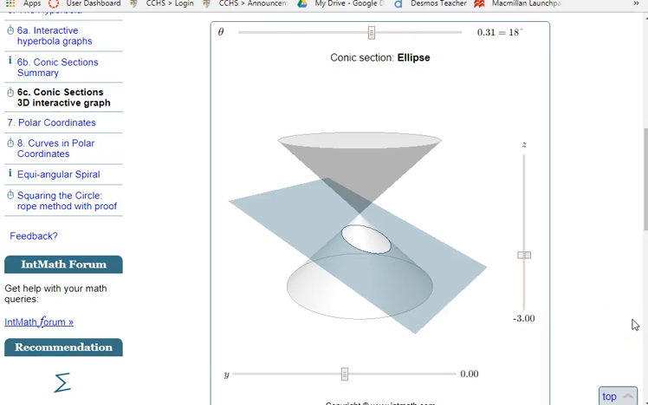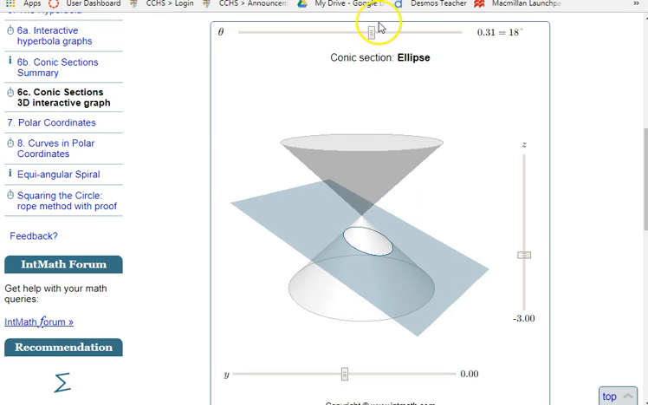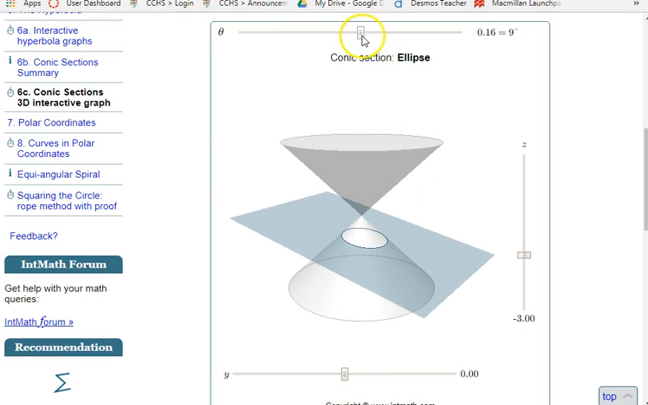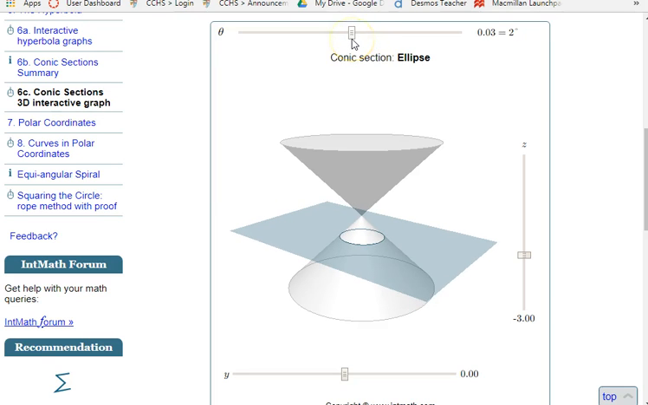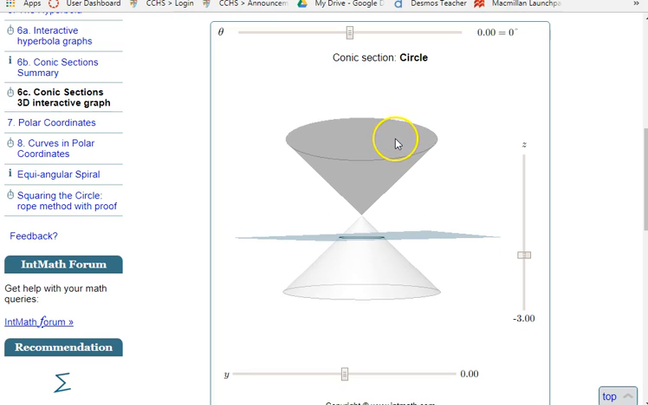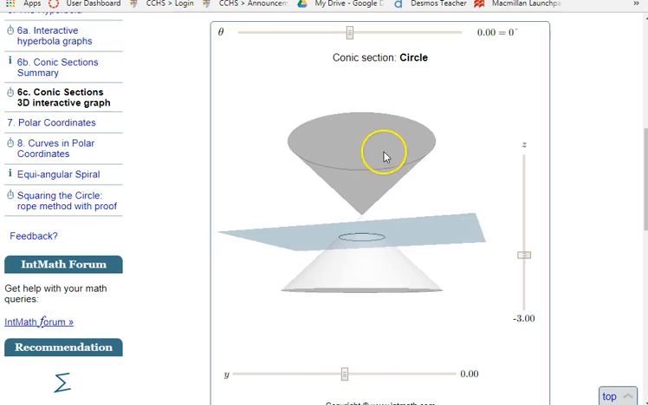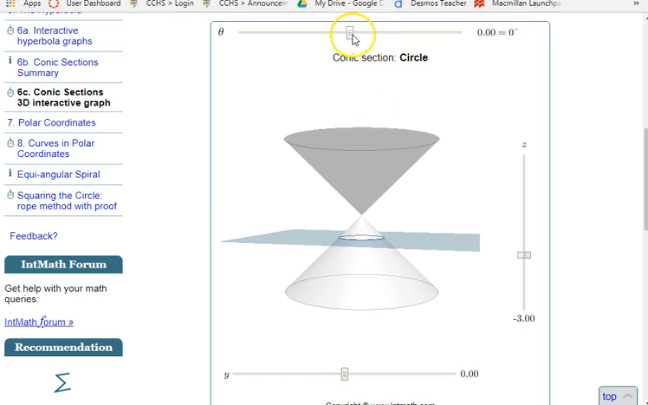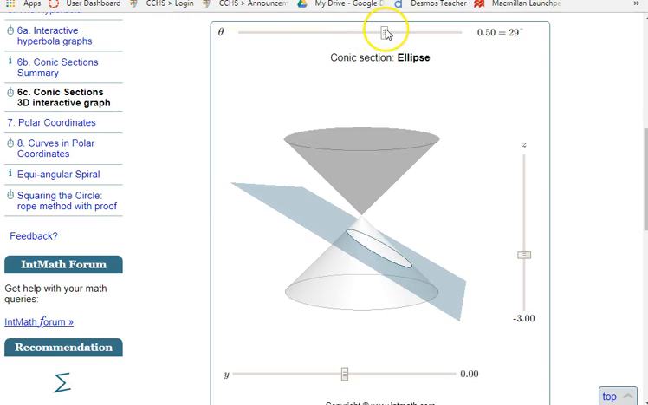A conic section is a curve that is formed by the intersection of a plane and a double cone. If we tilt the plane so that it is exactly perpendicular to the line of symmetry of the cone, so we can see it's exactly perpendicular to a line that's drawn straight through the cone, we get a circle. If we tilt that plane a little bit one way or the other, we get